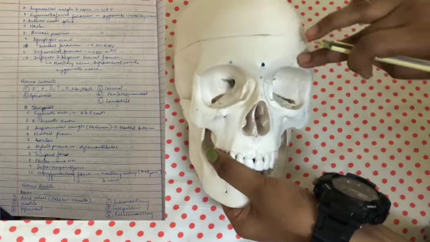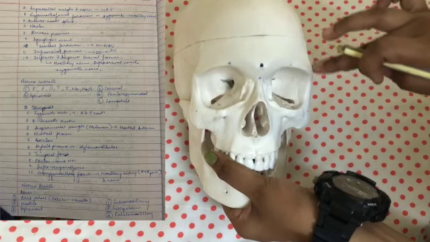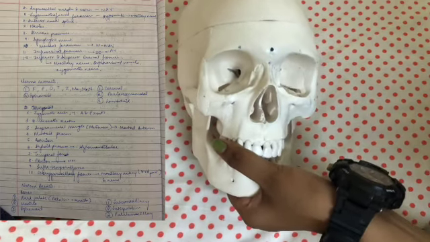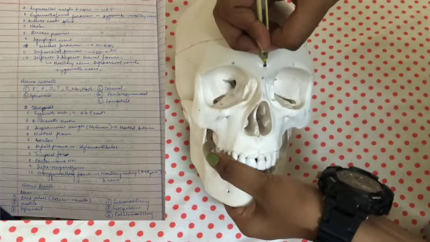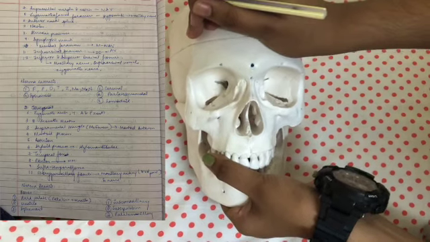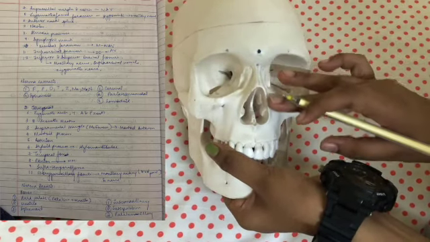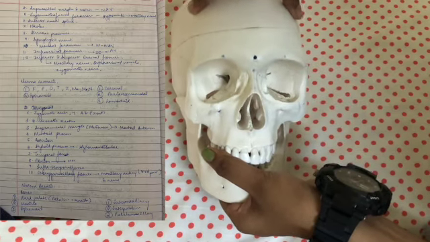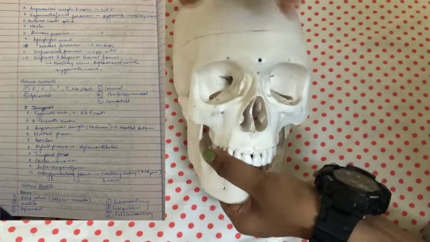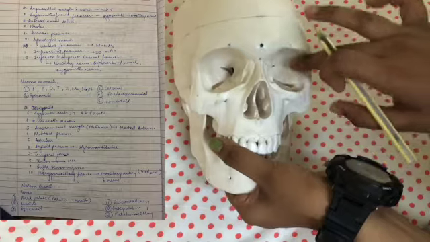So the superciliary arches that you see here, that's basically where your eyebrows are present. The next feature here is the glabella. It is between the two superciliary arches and it is the place where you place your bindi mostly. And then the frontal prominence is the most rounded elevation above the superciliary arch of the frontal bone. This thing that you see here is the orbit. Orbit is where the eyeball is present.